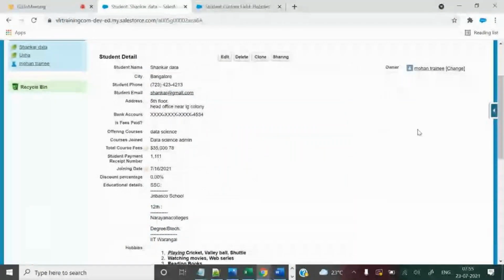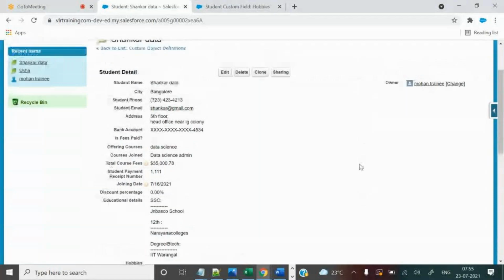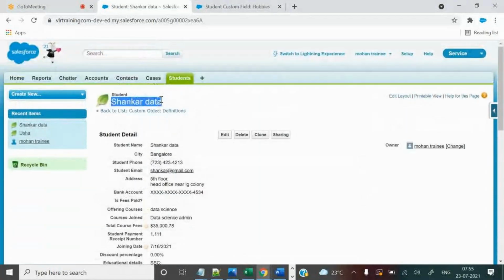Simple. Suppose this, who is she? Shankar. Suppose Shankar is a fresher in Accenture company. Think in that way, and we want to store the Accenture company website URL here. If Shankar does not belong to Accenture, and if Shankar is like you, then we can make that field empty. Okay, this is the business requirement. So if the student belongs to a company, business wants to store that company website. That is the business requirement.